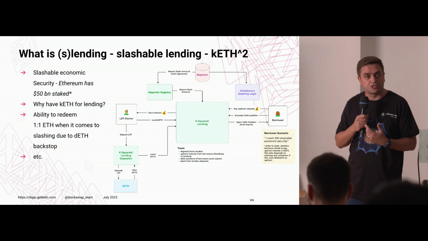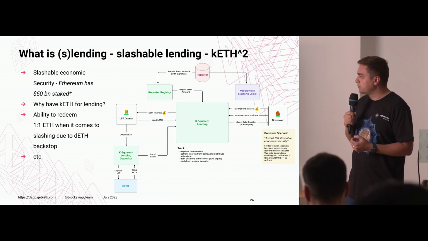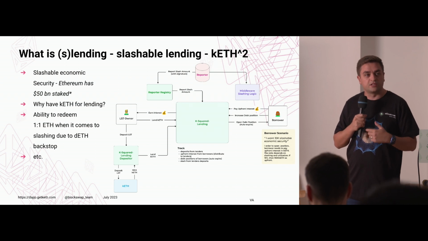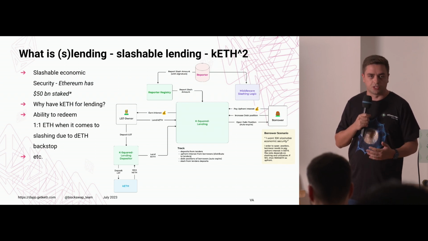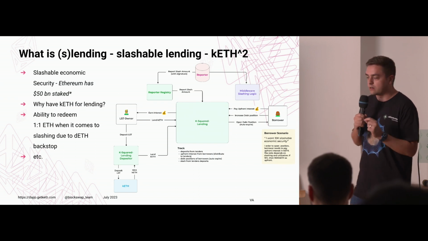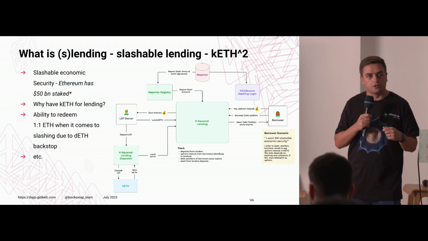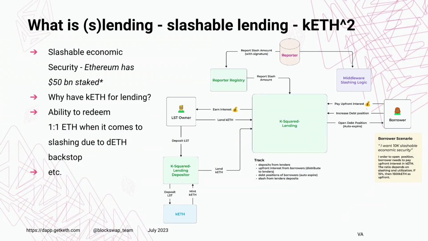When they take out a position, they are providing a slashing middleware. So the slashing middleware defines what is a liveness issue, what is a corruption issue, and what are the slashable events that are permitted. So reporters work for the system, and when they find violations, they go to the respective borrower and say, okay, found an issue, can you check this? Middleware will say, yep, no problem, go ahead and slash, right?